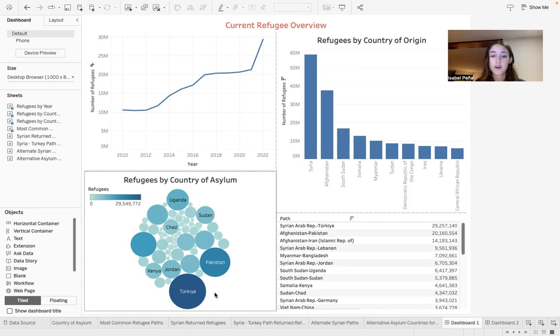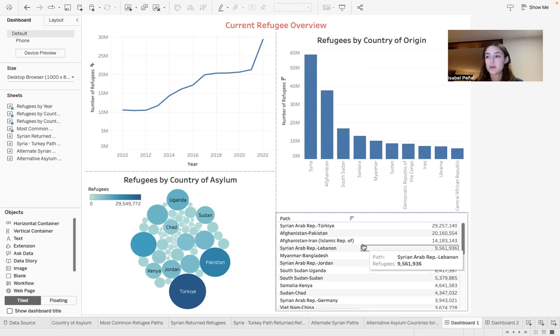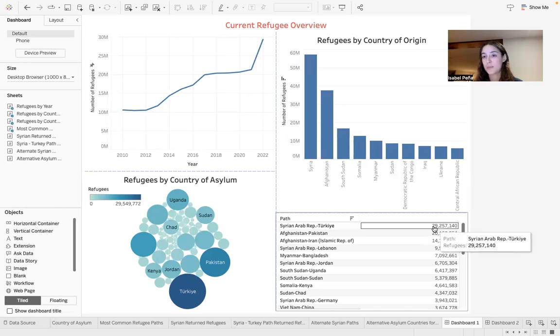This is followed by Pakistan, which shelters 20.1 million refugees worldwide. And finally, we have this table in which we can see the most common refugee paths. The first one is the Syria-Turkey path, which has 29.2 million crossers. This is followed by the Afghanistan-Pakistan path, which has